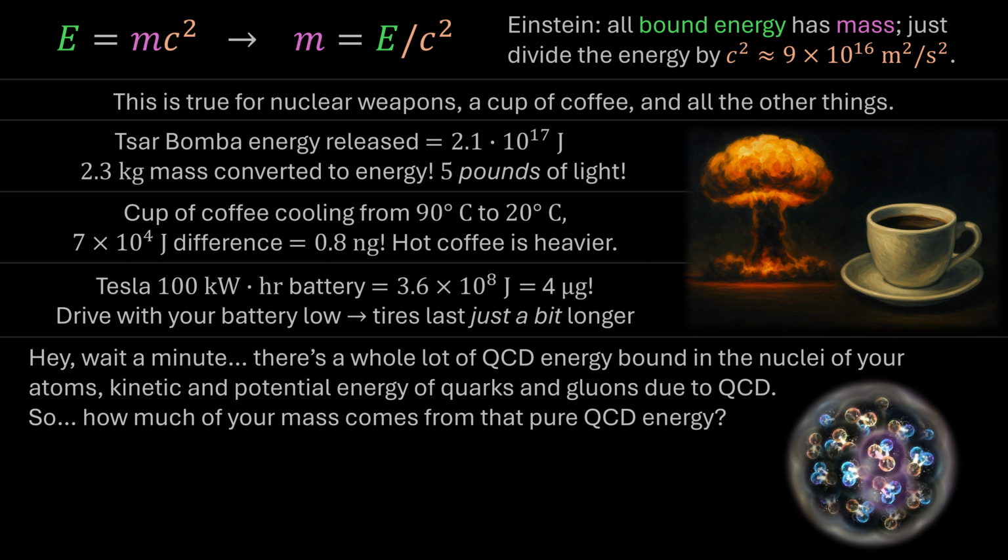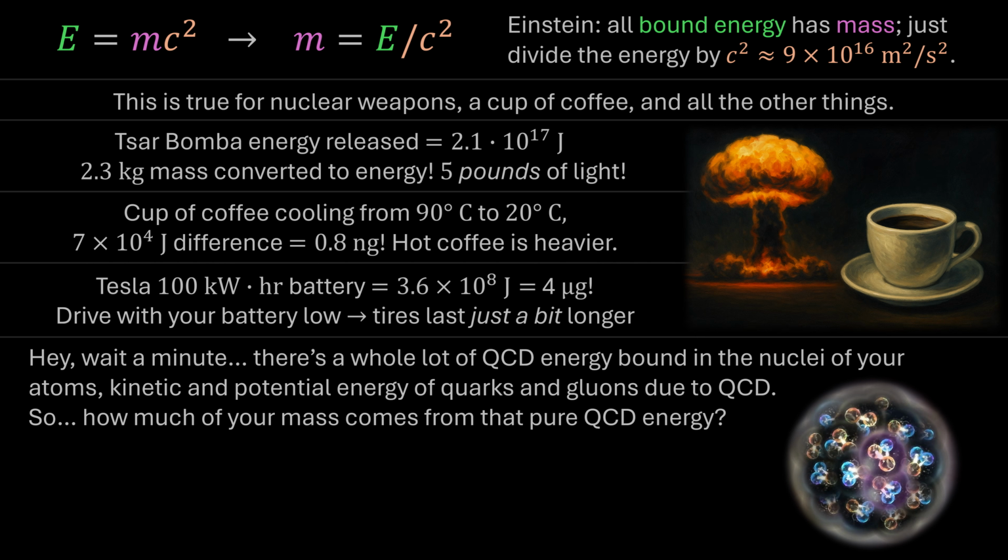It's a very interesting question, because you think about it, you're made out of stuff, right? Like material stuff. So this idea that some fraction of your mass might actually be attributed to the energy that blossoms from local SU(3) symmetry, it's kind of a trippy concept to think about. I mean, if you flail around or hop around, you can kind of feel your mass. If you move your arms back and forth real fast, you get a sense of the inertia of your mass and you can feel your physical substance and your physical essence. And it's like, okay, how much of that is just pure bound quantum chromodynamics energy?